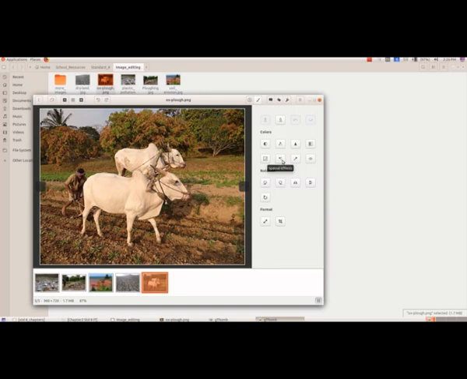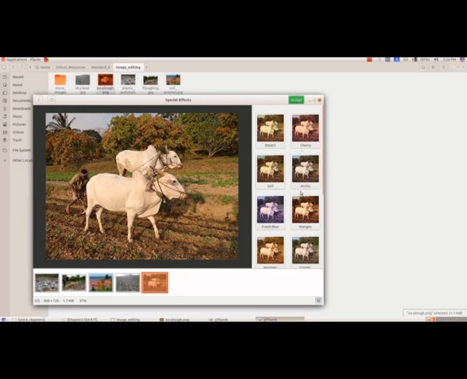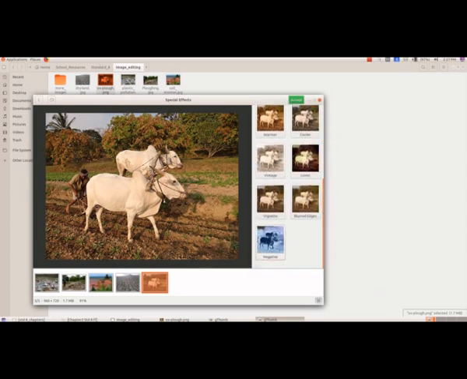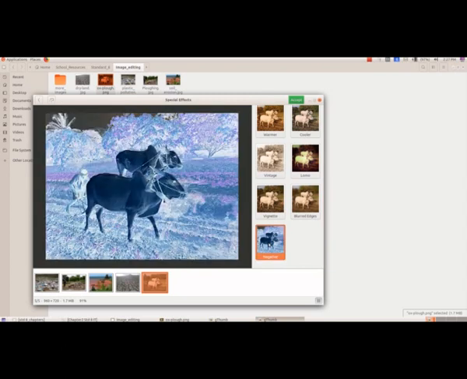special effects. Here also we are having so many options. To see the other options, we can drag this and see. And the last option is given as negative. There was a time when we were taking the photographs using the film roll, and there, after processing the films, they will give us the negative of that, and in that negative we will be able to see the picture like this.